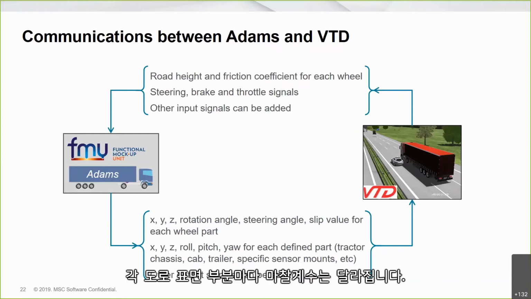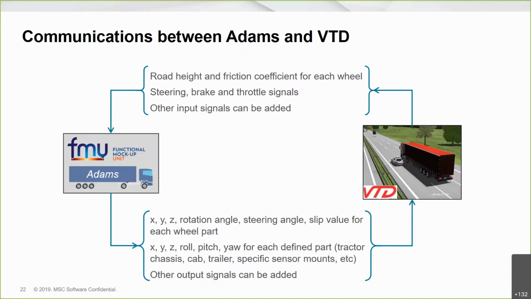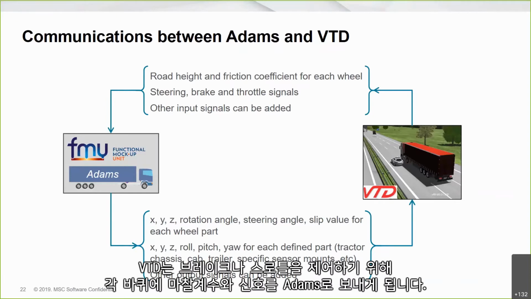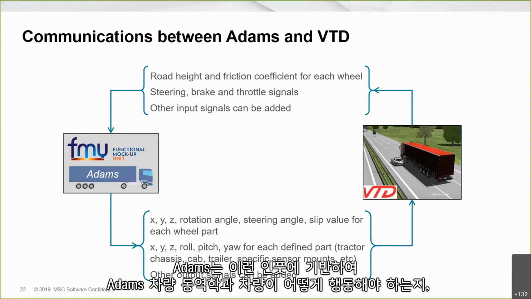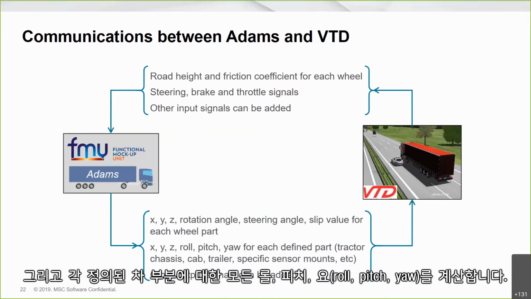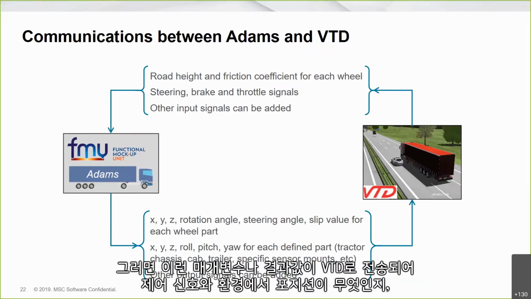Those will present different friction coefficients on different parts of the surface of the road. So that will be defined in the VTD, and the VTD will give those friction coefficients of each wheel plus the signals to control the steering, brake, and throttle into Adams. And based on those inputs, Adams will calculate the vehicle dynamics, how the vehicle is going to behave, all the roll, pitch, yaw for each defined part in this case, and these will be